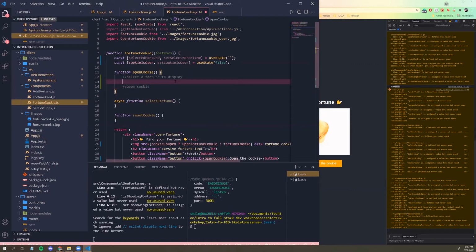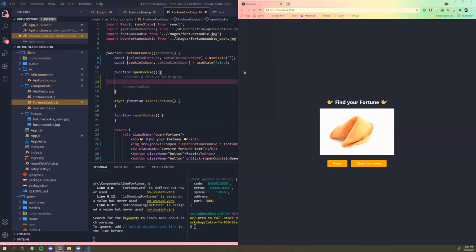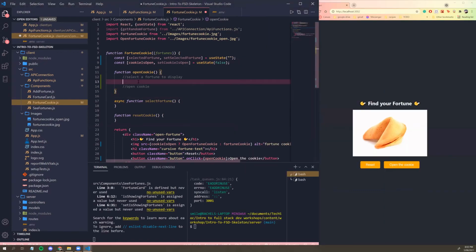And so we only want to fetch a new random fortune when the cookie is closed. So, well, not closed, but like not open. So we'll put an if statement here. So if cookie is open, false,